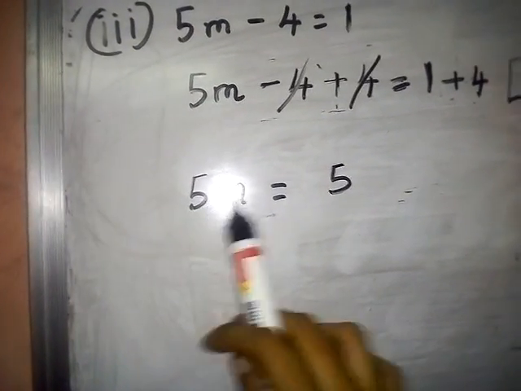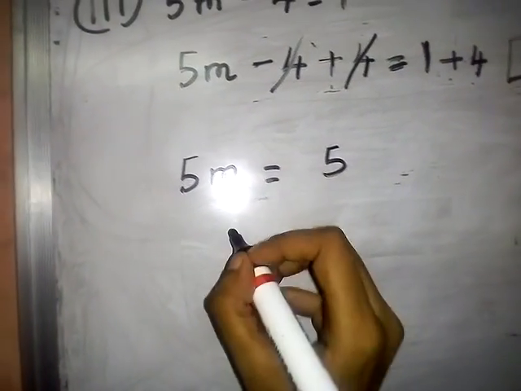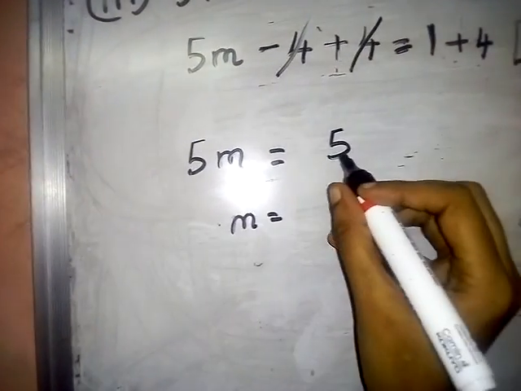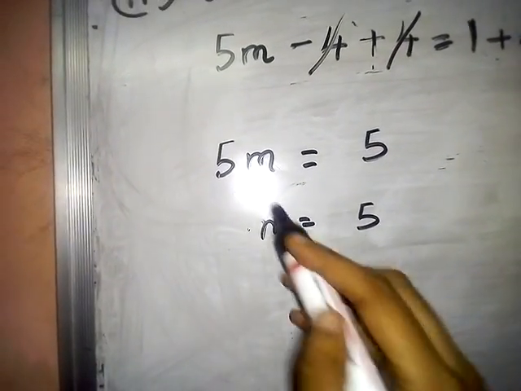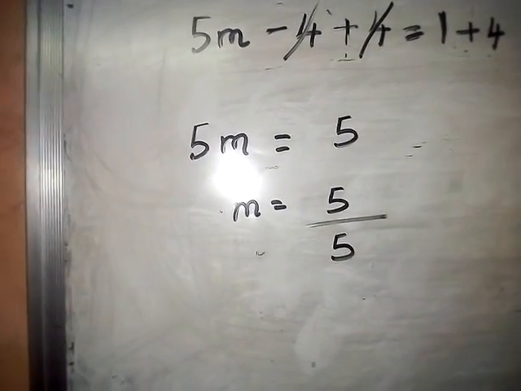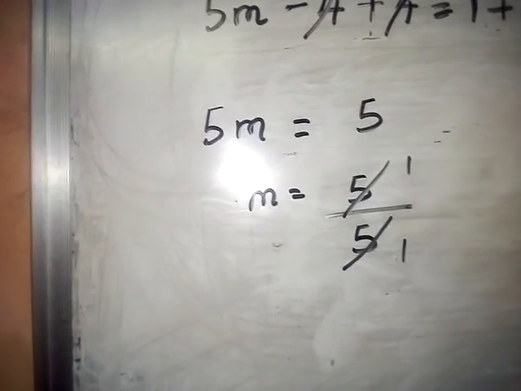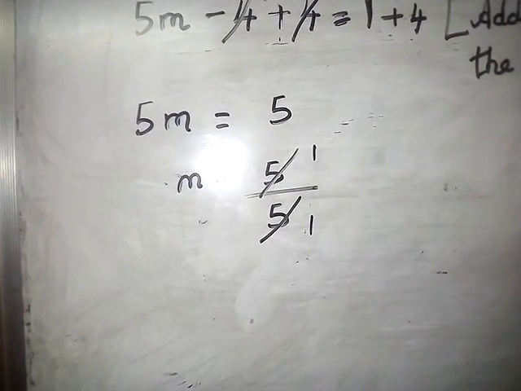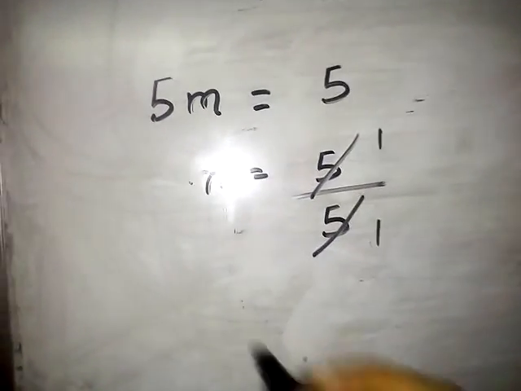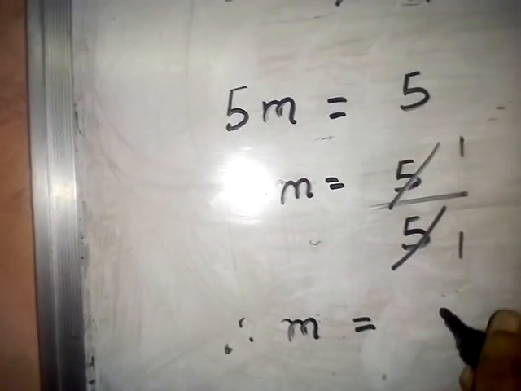Now on both left side and right side you are getting a single term, so write in division form. You have to find the value of m. M is equal to the right side number, and the left side number you have to take upon 5. 5 gets cancelled, 5 ones are 5. Any number divided by the same number, your answer is 1 because your quotient is 1. Therefore m is equal to 1.